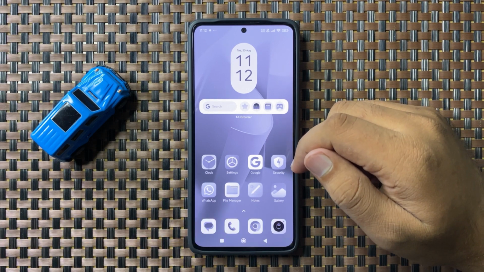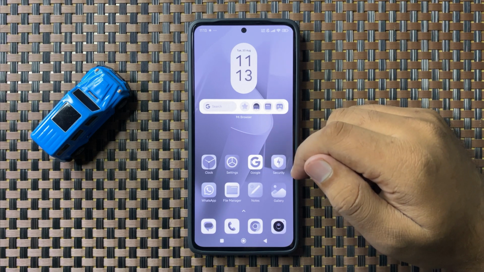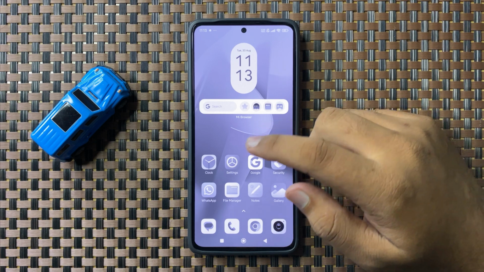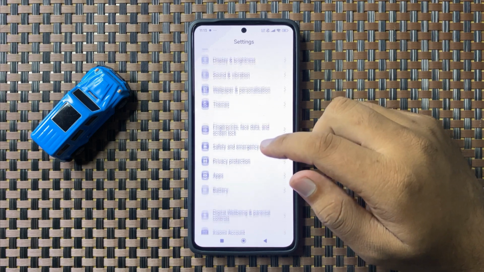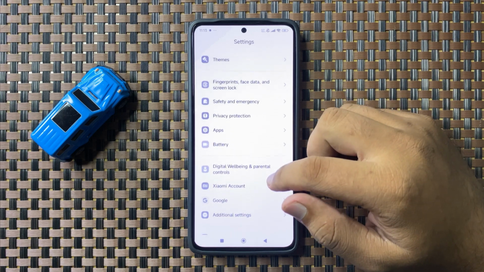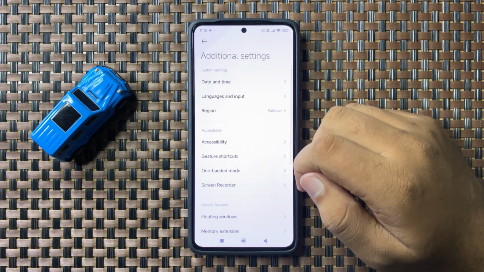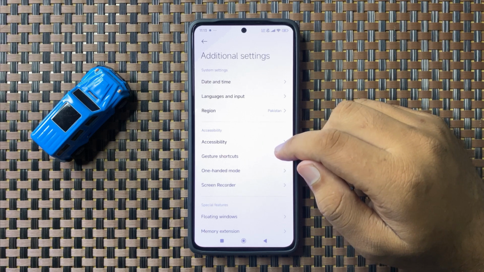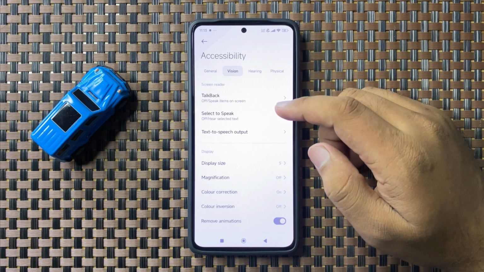In this video I will show you how to fix the black and white display issue in HyperOS. So to fix this issue, first of all open settings. Now scroll down and here tap on additional settings. Now in additional settings tap on accessibility and then go to the vision tab and here